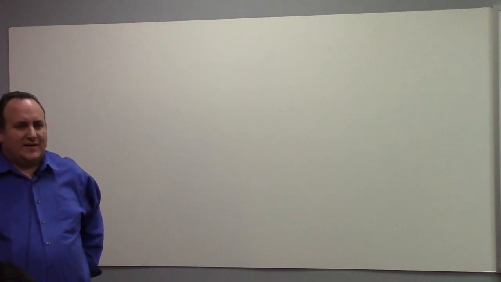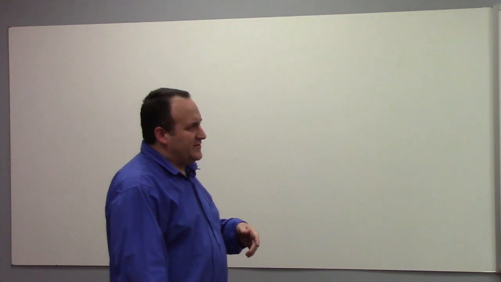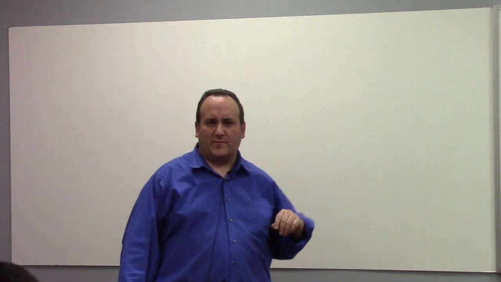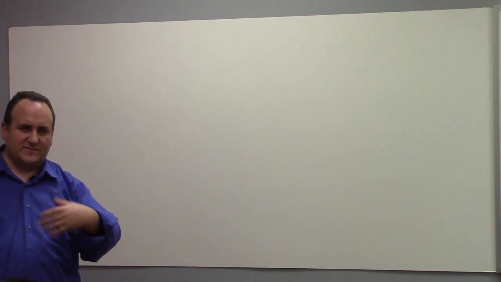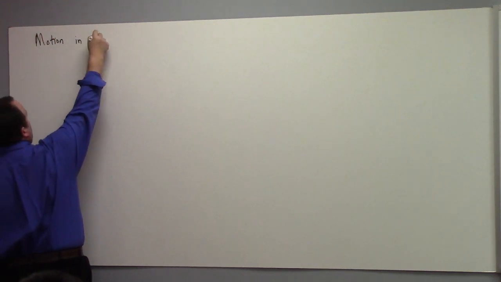So I'm doing things a little bit weird this semester because I typically do vectors and then I start talking about one-dimensional motion, and then later I introduce the vector formalism for position. But since I already did what I did last class, let's just finish that discussion, right? So motion in 3D,